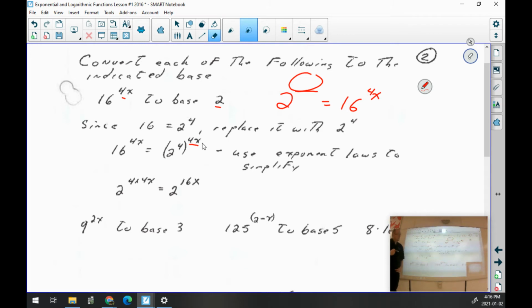Okay. So we're going to leave that 4x alone for now. We're going to deal with the 16. Well, 16 is a power of 2. We can write 16 as 2 to the 4th, so replacing the 16 with 2 to the power of 4, and then using our